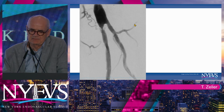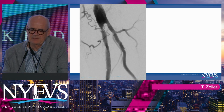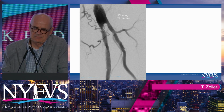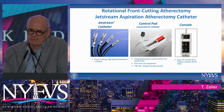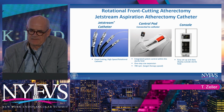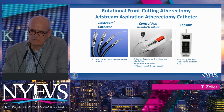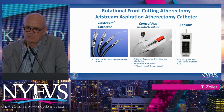The problem was this residual stenosis at the origin. You can see it's a floating thrombus, so this could not be removed with directional atherectomy, so a 2 centimeter long stent was implanted. The other device, which is effective and should be part of any atherectomy strategy in femoral-popliteal